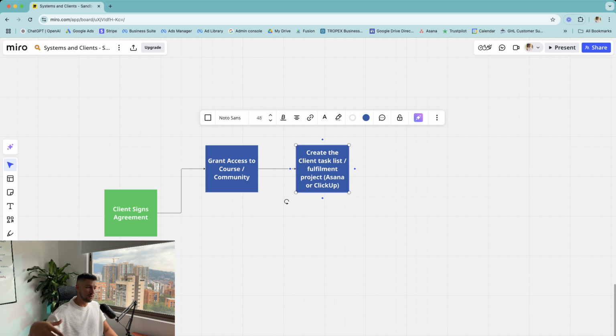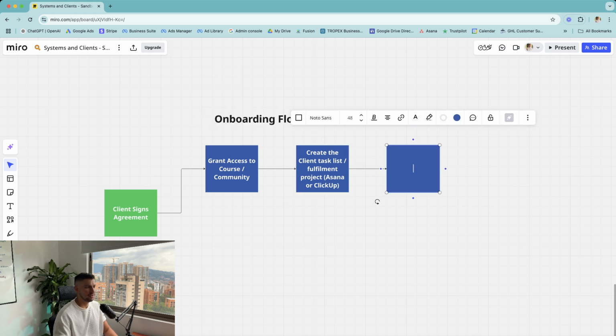There's one more step that we can easily do here that's automated without needing the client to do anything, and that is create client Google Drive folder. Or if you're using OneDrive, whatever storage solution you're using. You can use Zapier to also create that specific client a folder, give them access using their email, and also in that same step, create